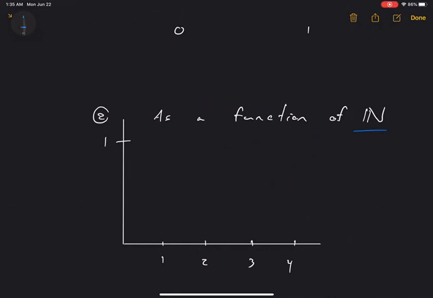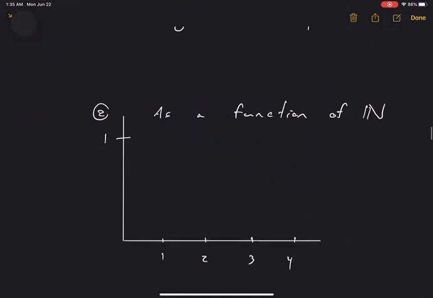Like starting at 1, 2, 3, 4, 5, and so on. Those are our natural numbers. Okay. So I'm used to graphing functions of the real numbers, like the whole number line, which would look like something like this. But these sequences we can think of as functions of the natural numbers, meaning, at point 1, I